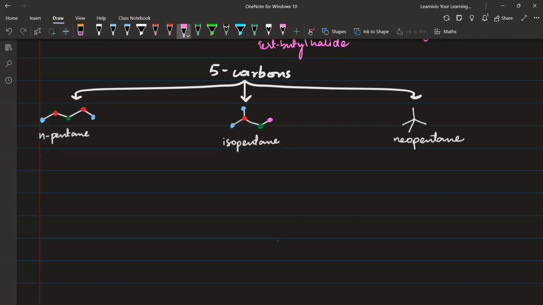Now, if you look at the last one, all of these carbon atoms are the same. And obviously, this middle carbon is different, but you cannot attach any halogen atom here because it is already having 4 bonds. If you attach one more halogen atom here, it is going to be a fifth bond. And obviously, 5 bonds for a carbon atom is not possible.